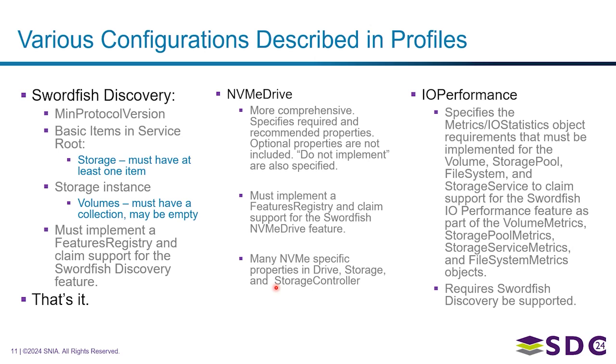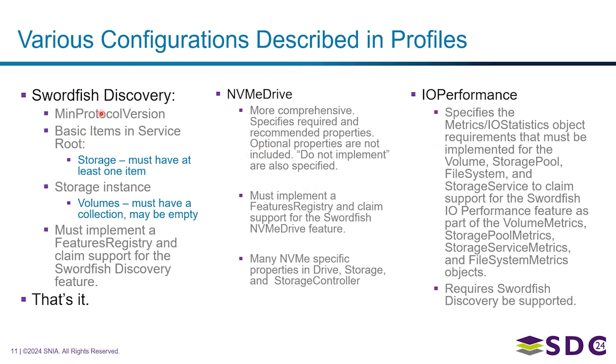So where do we document the details there? So the details then are in the profiles. So if you have implementations and want to know how to know what specific properties to implement, you can look in the mapping guide to understand exactly how to implement a specific property. But then you can look in the profile to see what specific properties to implement. So for example, on the NVMe drive,